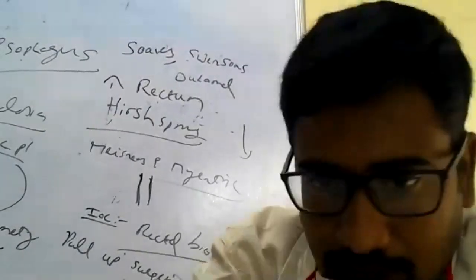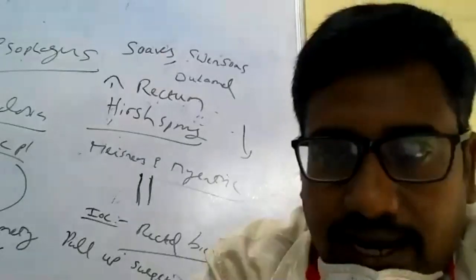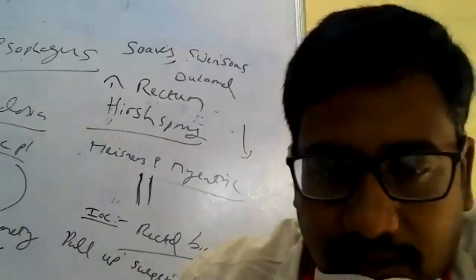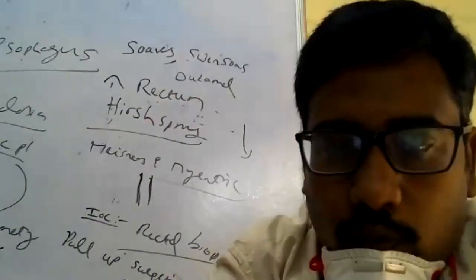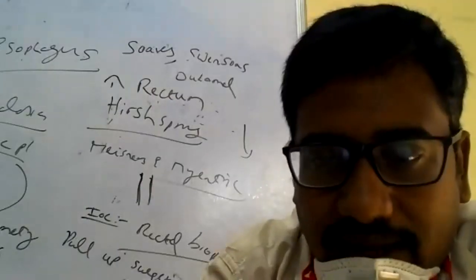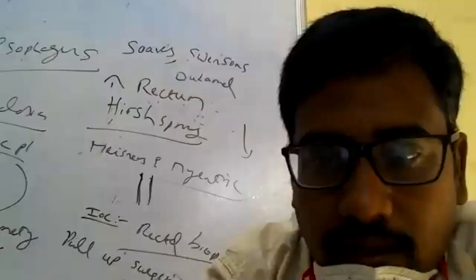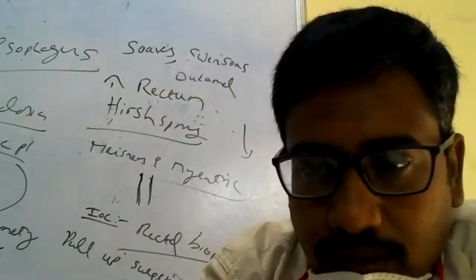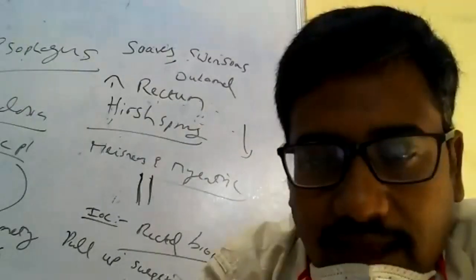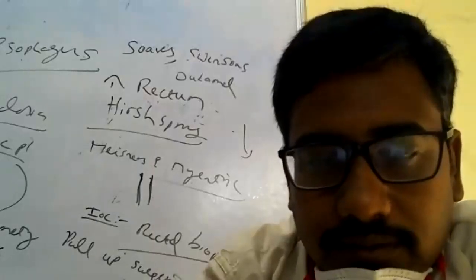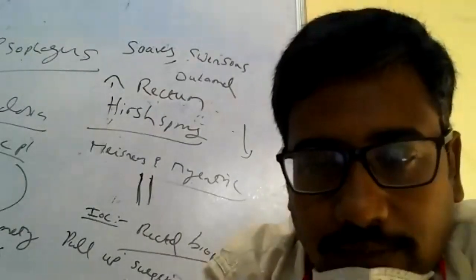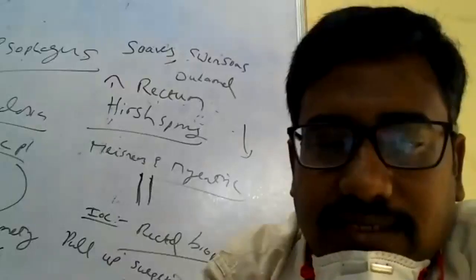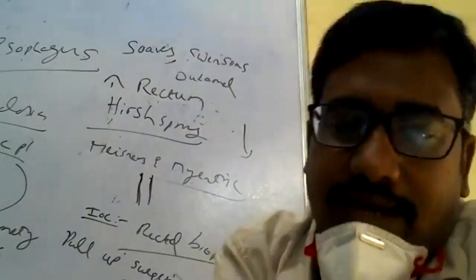Please answer. Bag and mask ventilation is contraindicated in what? Please message me the answer, and write your name along with it. Excellent. Bag and mask ventilation is contraindicated in congenital diaphragmatic hernia. What is the most common type of congenital diaphragmatic hernia? Two types are there. Type 1, what is the name of type 1? Bochdalek hernia. Excellent. The second one is Morgagni hernia.